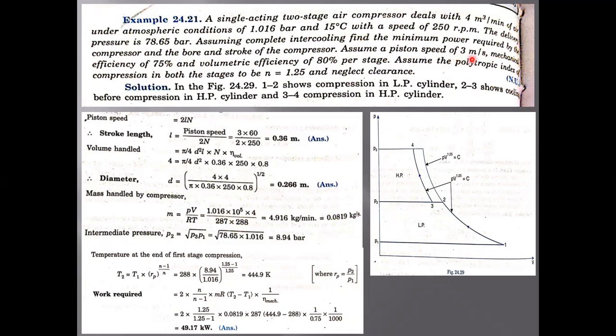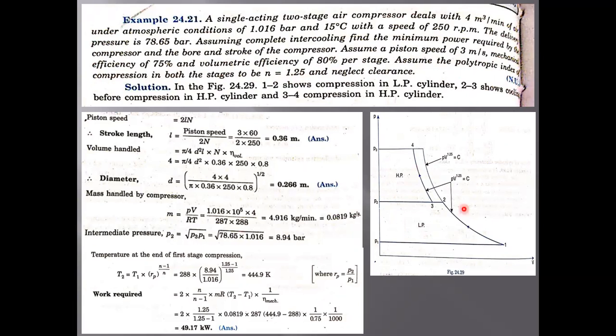Assume a piston speed of 3 meters per second. We have discussed this mean piston speed while discussing theory, and the same thing we have discussed in IC engines also. The mechanical efficiency is 75% and the volumetric efficiency is 80% per stage. Assume the polytropic index of compression for both the stages to be